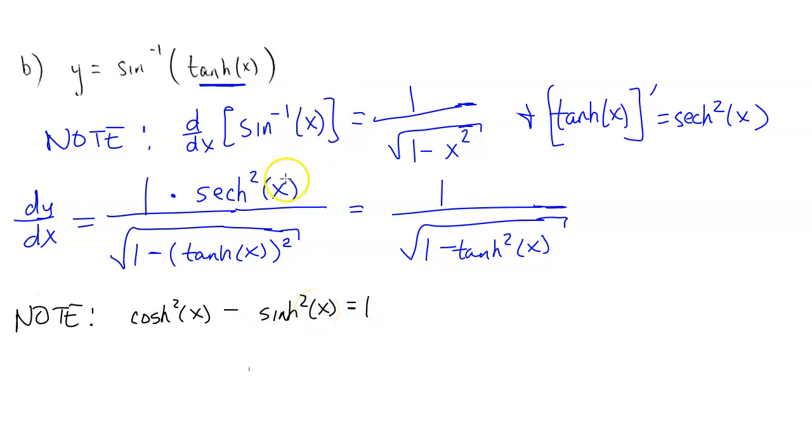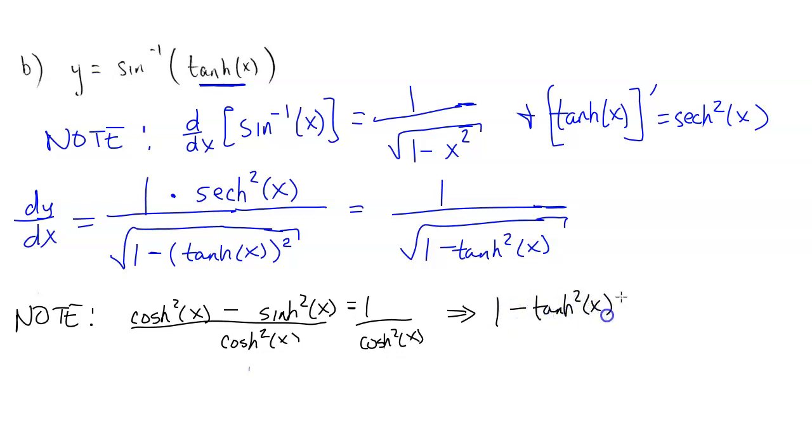If I take this and divide both sides by cosh squared, then what this ends up being is 1 minus tangent hyperbolic squared, and that would be equal to